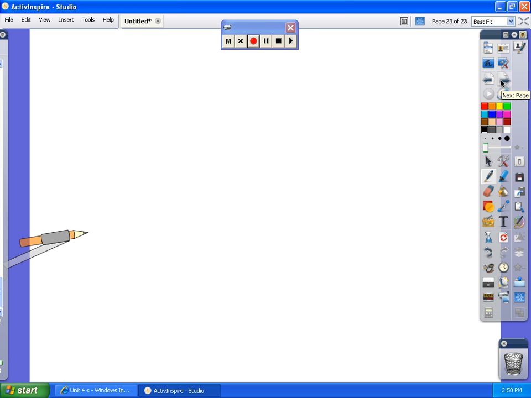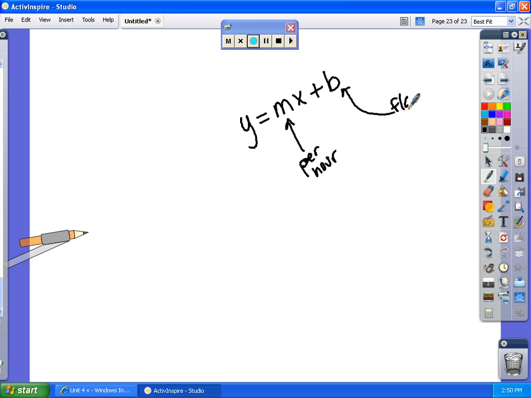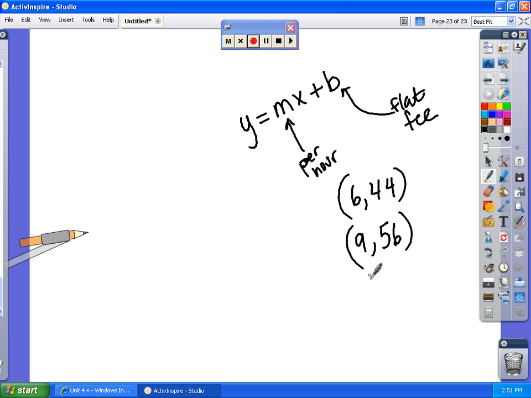Alright, so next it tells you that the online service charges a flat fee and then charges a certain fee per hour. Well, it says which is the flat fee. So if I think about if I can make it into an equation, the slope is going to be the rate of change, how much per hour, and the b is going to be what they add to the cost. So that's going to be the flat fee. So if I take the 2 points, and find the equation by doing